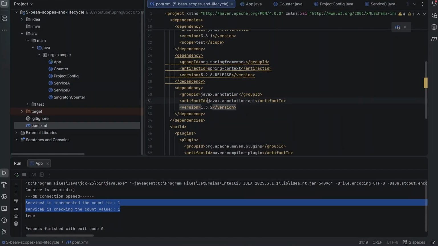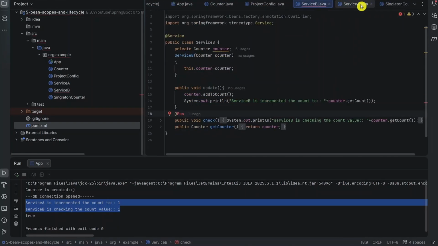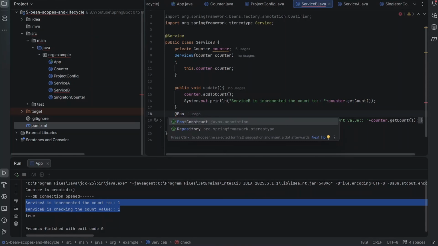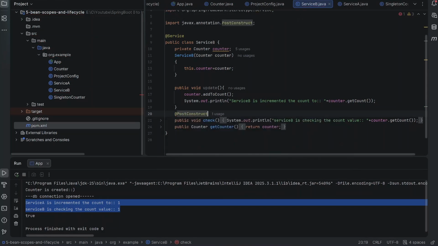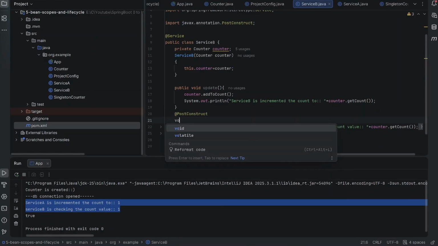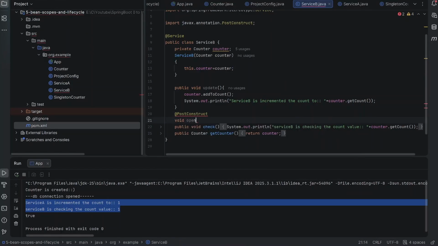So we need to add the javax.annotation API in order to use it. So we have added the annotations, and now come to the Service A class and let's add now @PostConstruct. Now you can see that it is not given. So, and let's add here one method named void openDBConnection, yeah, or let's say performInitialization,